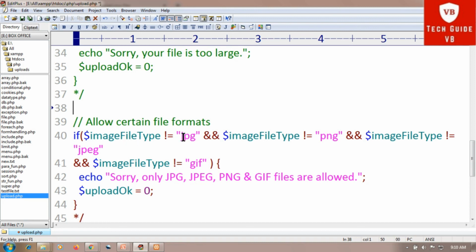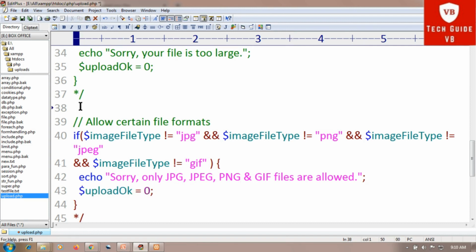So only JPG, PNG, JPEG and GIF files are uploaded. For that, the code is: if $imageFileType is not equal to jpg, not equal to png, not equal to jpeg, and not equal to gif, then the error message will be given, that is, "Sorry, only JPG, JPEG, PNG and GIF files are allowed." And then we set $uploadOk equal to 0 here.